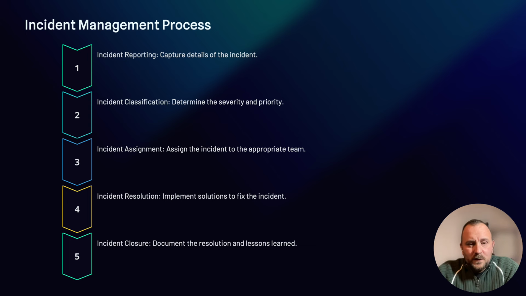At the end of the incident, you want to make sure that you have taken the lessons learned and documented the resolution and corrective actions that you will ask the team to implement once you've returned to business as usual. By following these IM processes, you're enabling your organization to capture the data, determine its severity and priority, get the proper resources assigned, implement solutions that allow you to recover, and finally, learn and grow from each and every event that takes place.